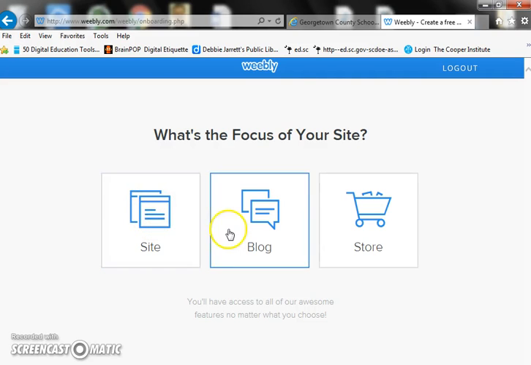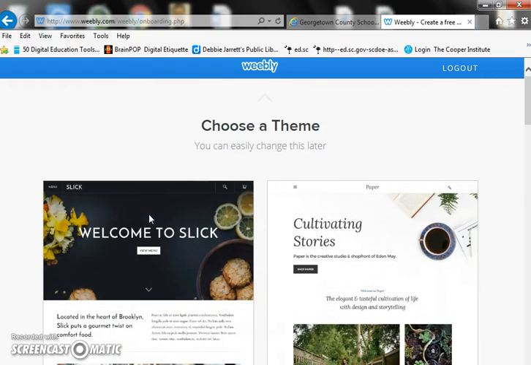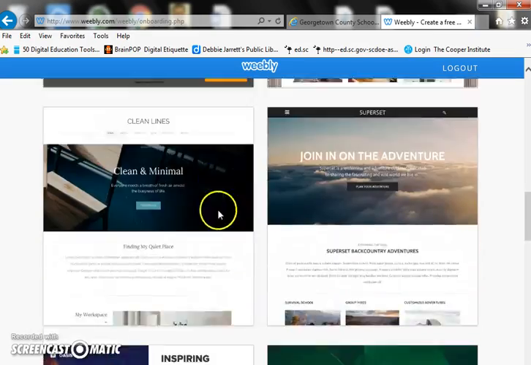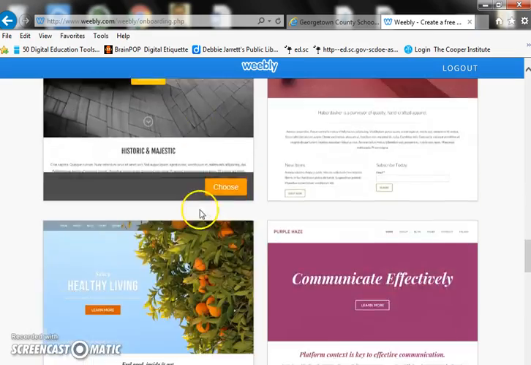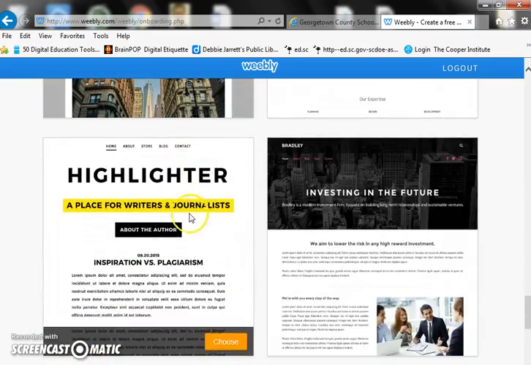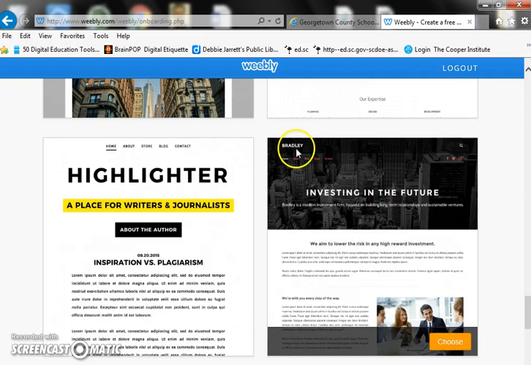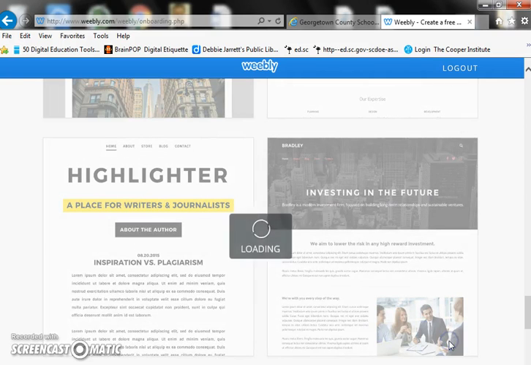go and just use a site, not a blog, not really a store. You're going to click on site. And it's going to ask you to choose a theme. I'm going to go down and use one that I like to use a lot. Just the way it's laid out, I just like the way it looks. I'm going to click on this one. It's called Bradley, but I'm just going to click on it. Choose that theme, and that theme will then appear